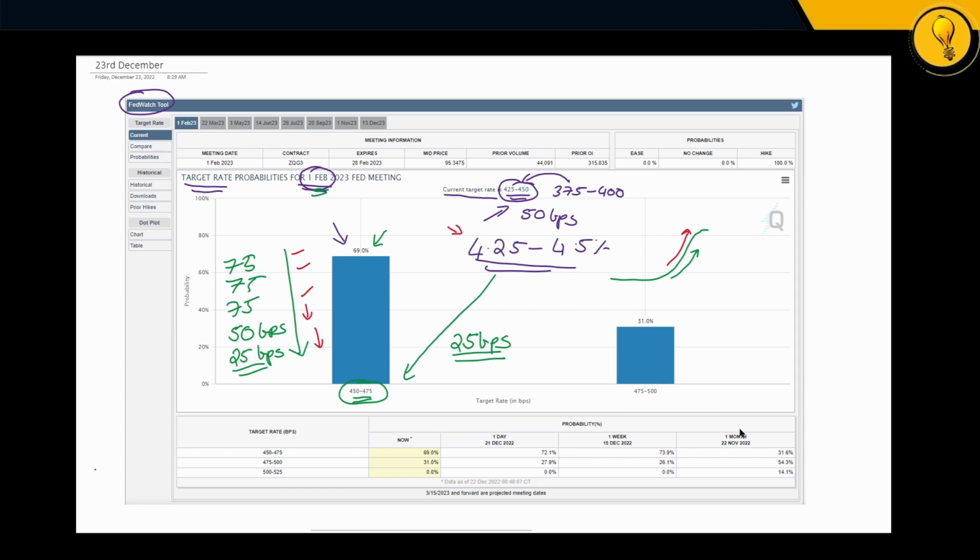And if you go and look at this table right over here, guys, 1 month ago, right here on this column, it is showing you what the market thought the rate hikes were going to be 1 month ago come this time. So 1 month ago, the market was pricing in a probability of more than 50%, actually, that we would be sitting at 475 to 500 basis points, which would have entailed, guys, a 50 basis points hike again at the very least. In fact, there was a probability of a 500 to 525, which would have meant a 75 basis points hike. This kept decreasing and decreasing as we got closer to December.